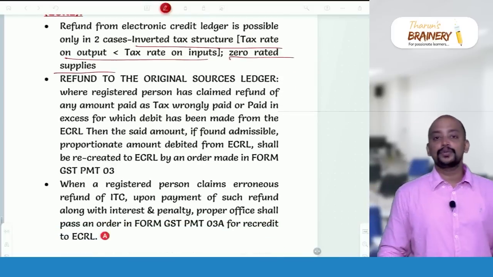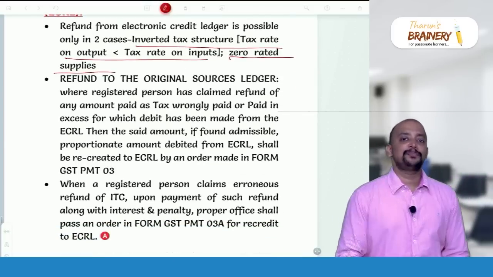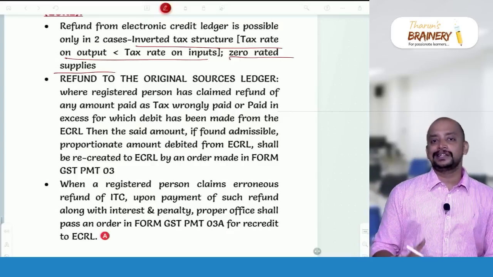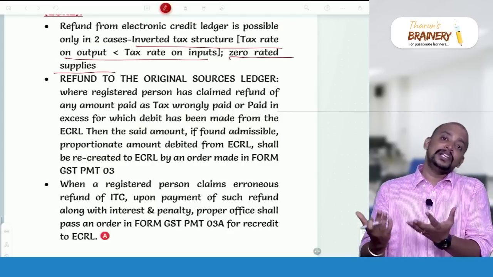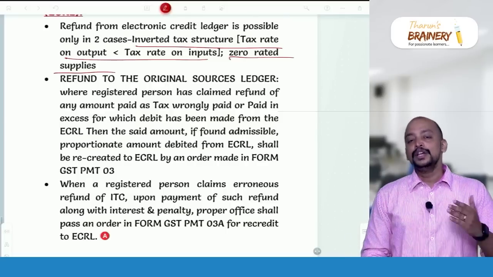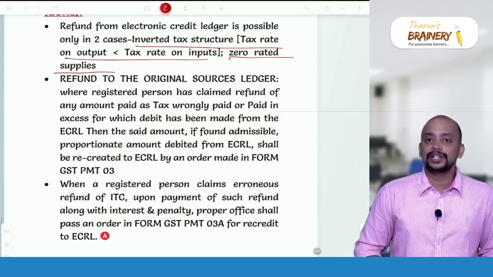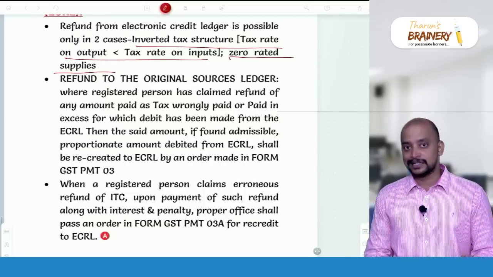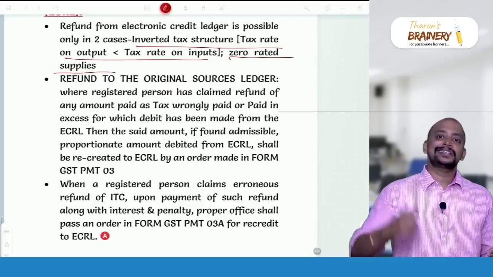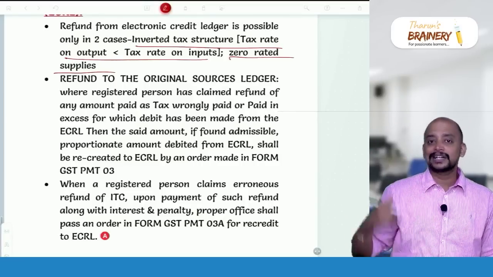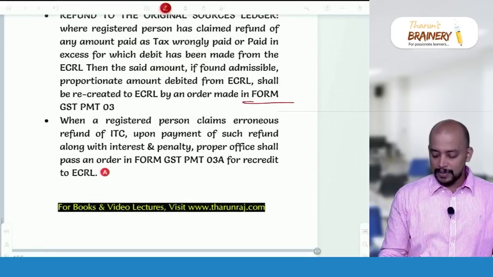And refund to the original sources, that is whenever we have paid tax by mistake and we are getting a refund of wrongly paid tax. So now the refund of wrongly paid tax will come proportionately to the respective ledger. Say for example, if in 2:3 ratio we have made payment from credit ledger and cash ledger, then 2/5 will come into credit ledger and 3/5 will come into the cash ledger. That is this point. And for the purpose of recredit into the credit ledger, they will be passing an order